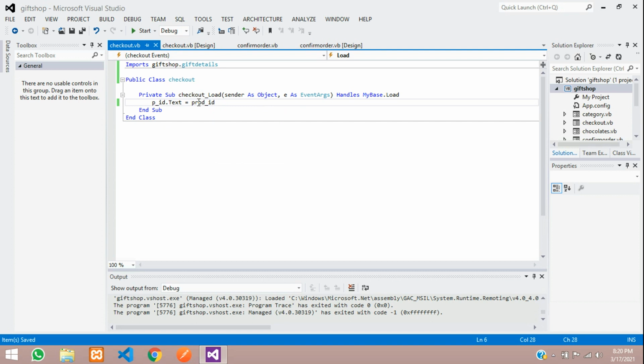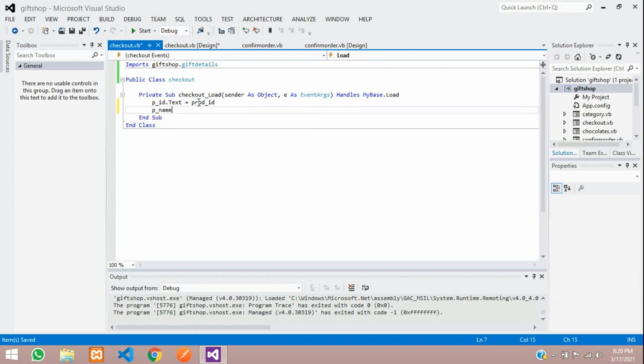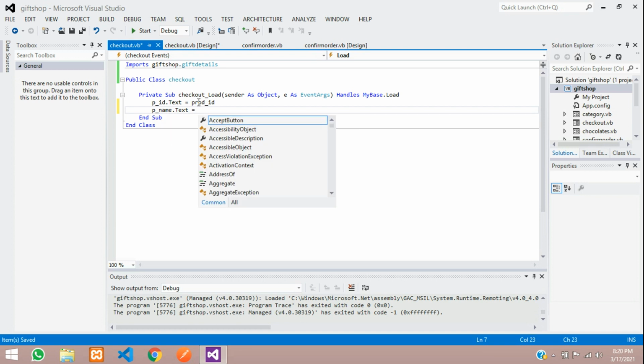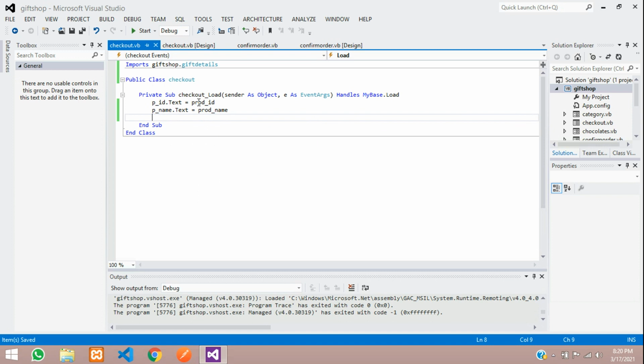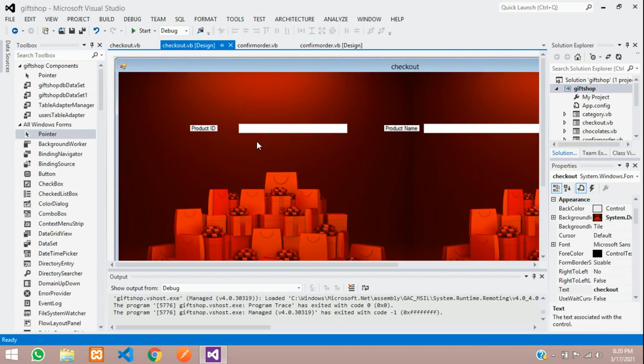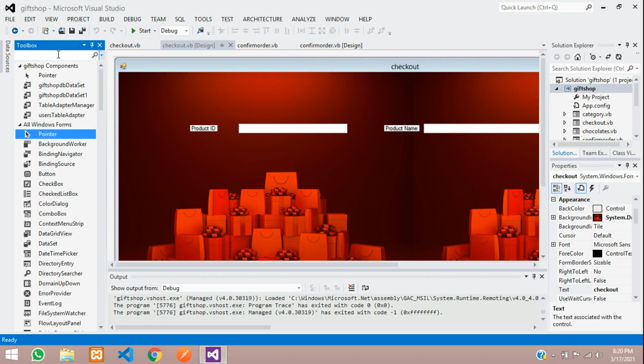Similarly P name dot text is equal to product name. While loading this checkout page, that means when you are coming from the confirm order page to this checkout page, these two things we need to push from that page to this page. The rest of the details will be the user details such as name, email, phone number, address and zip code. So we'll just design that.